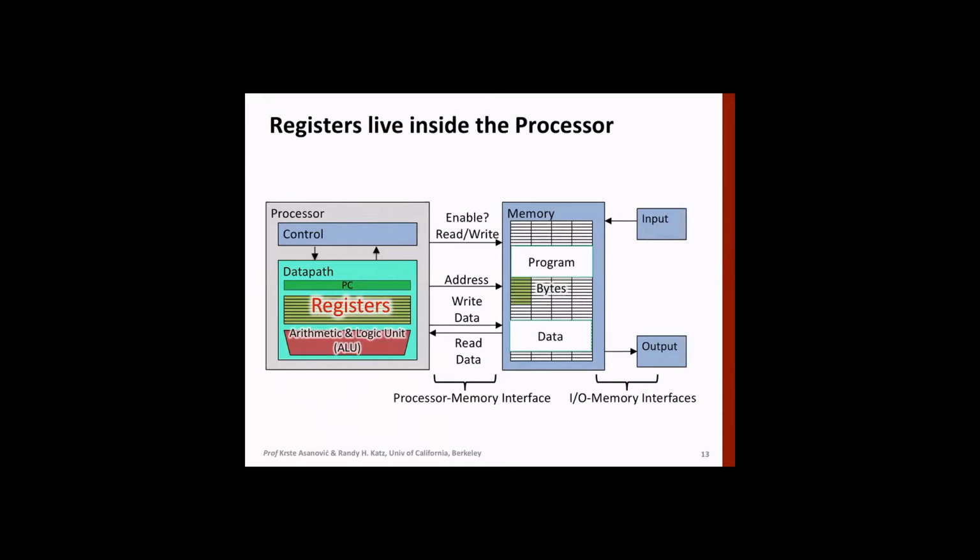Before that, this particular slide we have already discussed. In a processor, we have registers and control unit. In RISC-V, we have 32 registers. We'll come to that. We have program counter, arithmetic logic unit, and control unit. Control unit generates control signals, and then we have memory here. Then processor memory interface. Similarly, I/O and memory interface. So these are input-output devices, and then memory interfaces with that.